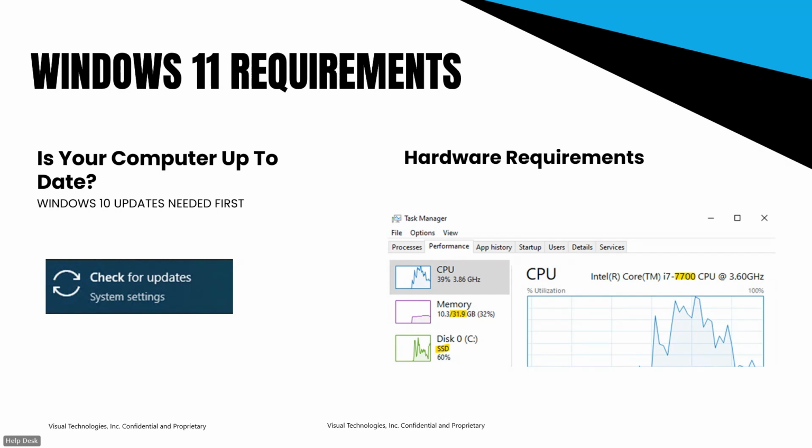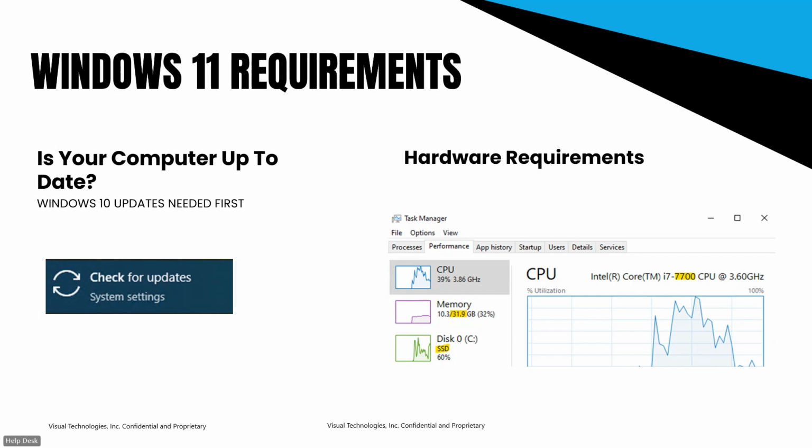The more RAM you have, the more tasks that you can do simultaneously. So we find that if you only have 8 gigabytes of RAM, you really need to upgrade to 16 gigabytes to have a smooth experience on Windows 11. It's a pretty minor hardware upgrade. It's normally in the ballpark of about $50 for the actual hardware itself, and then it's only a few minutes of effort to actually do the upgrade. So if you find that you only have 8 gigabytes of RAM on a computer, definitely contact us. We can help you out with getting it upgraded to ensure that you're going to have a smooth experience on Windows 11.